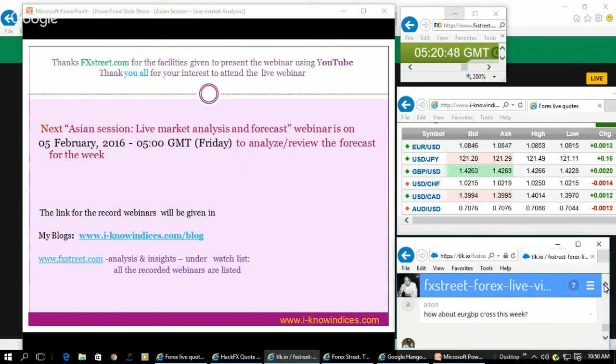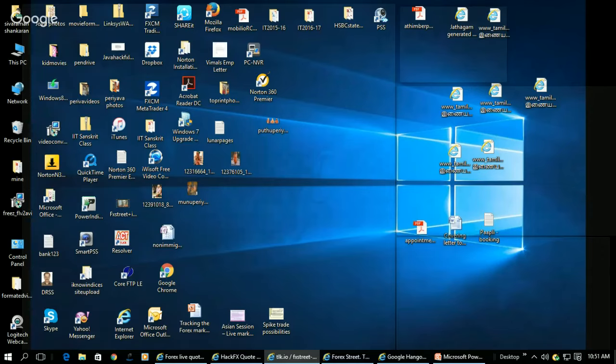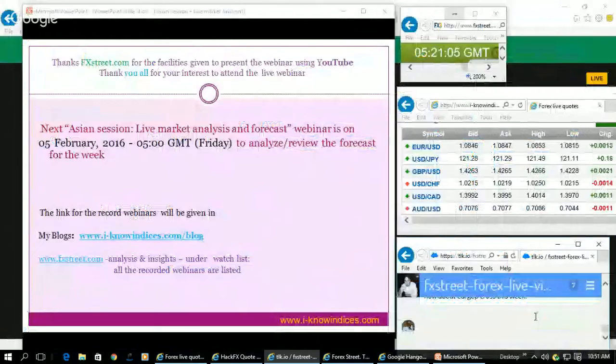And Alton has got a question. How about Euro GBP cross this week? Euro GBP cross is expected to come down a little bit and then start gaining. And the one-sided gain is expected to continue in the case of Euro GBP for a longer time. So always keep in mind, in the case of European crosses, they predominantly do one-sided moves for a prolonged period